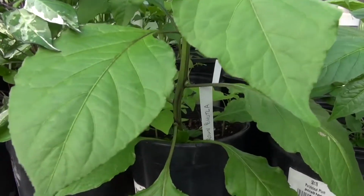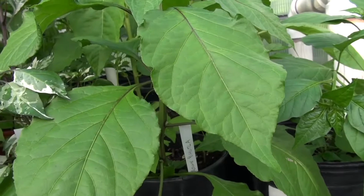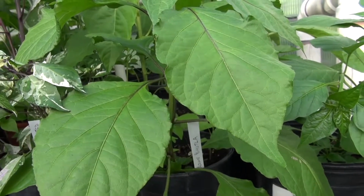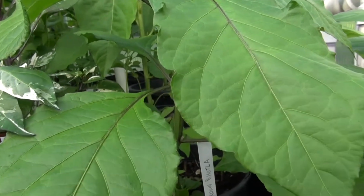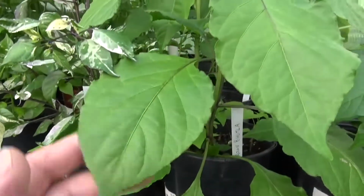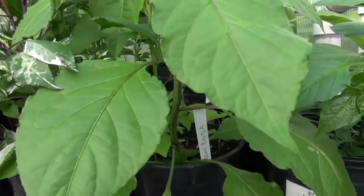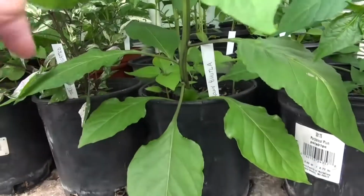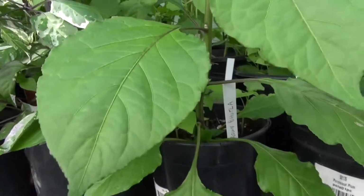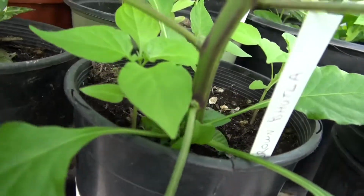But I know that personally, I know that this pepper is a hot pepper, probably the world's hottest. Carolina Reaper has been tested. I don't know if the Bhutlah has been properly tested, but we're going to find out by the end of the year. So anyway, this plant's about a little less than a foot, I think. More like 10, 11 inches, maybe pushing a foot. It's kind of leaned over. You can see that it leaned over, so